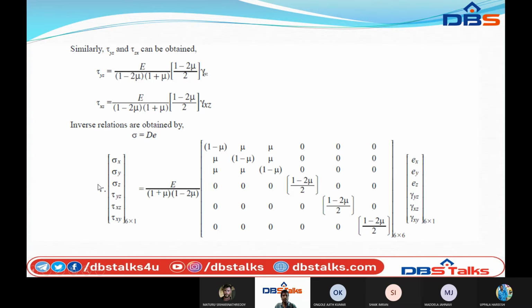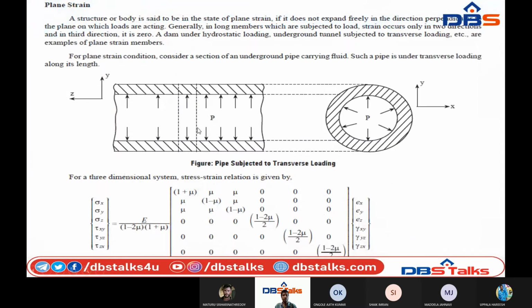It was completed in the last class, but I am rewinding those equations for understanding the plane stress and plane strain conditions. Okay, we are deriving the plane stress and plane strain conditions based on the stress strain relations of the 3-dimensional elasticity body. For that condition, I am rewinding this complete equation. Okay, coming to today's class, plane strain. What is plane strain? We already know that strain is nothing but change in length to original length, change in deformation to original deformation. That means we are deriving the plane strain condition.